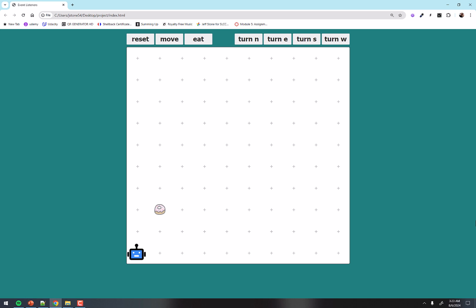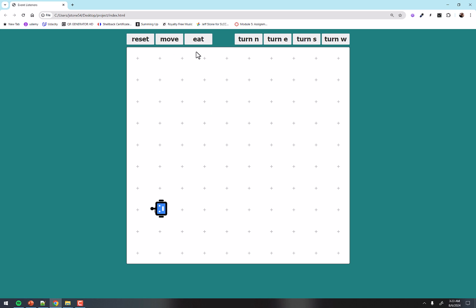Robot here. What we've got here are some buttons across the top that will move the robot around, and also some hotkeys that will move the robot around. So right now, if I want to move him, he goes in the direction of wherever he's pointed. He's pointing north, so I click move, he will go north. If I turn him east, he'll turn east, and then when we move, he goes that way. South, he moves. Turn west, and he turns that way, and then we move him.